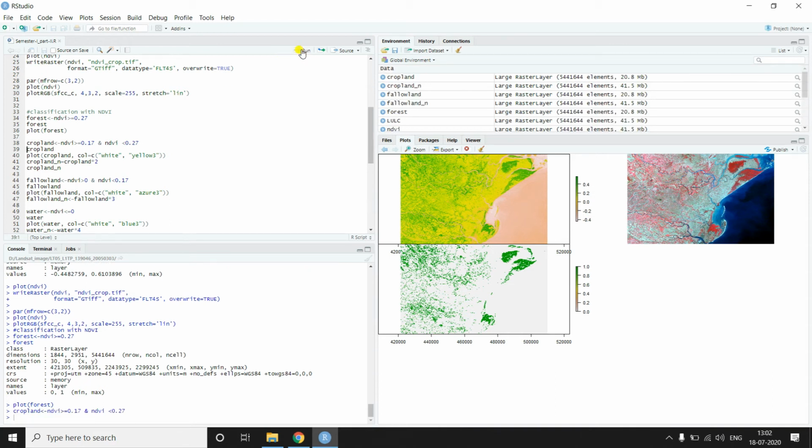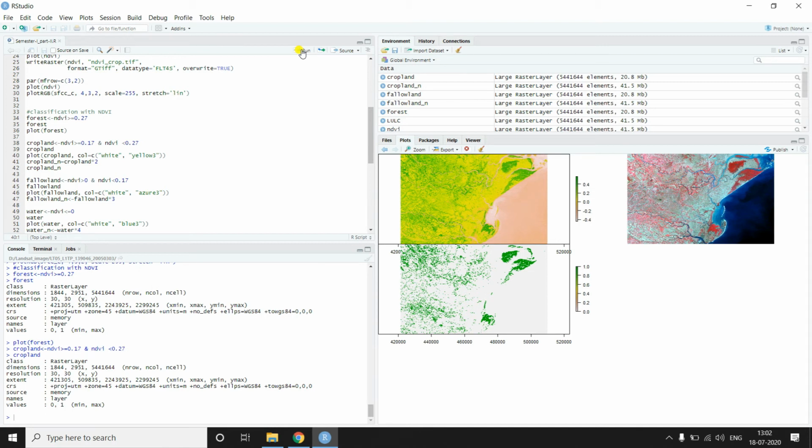Again, if you check the variable, you will get values of 0 and 1, a binary image. Let us plot this image, and here we will assign colors. For pixel values 0, we will assign white, and for pixel values 1, we will assign yellow 3.